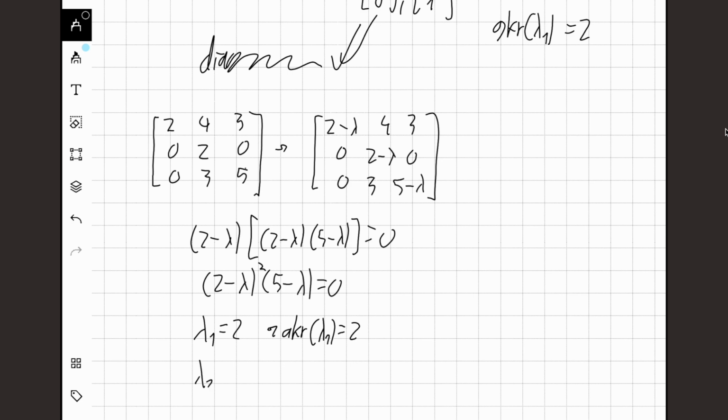And then we have lambda 2, which equals 5. And again, its algebraic multiplicity equals 1. So here the geometric multiplicity also equals 1, so we're chilling. For this one, again, we don't know. We have to check if the geometric multiplicity also equals 2, and then we can say whether the matrix is